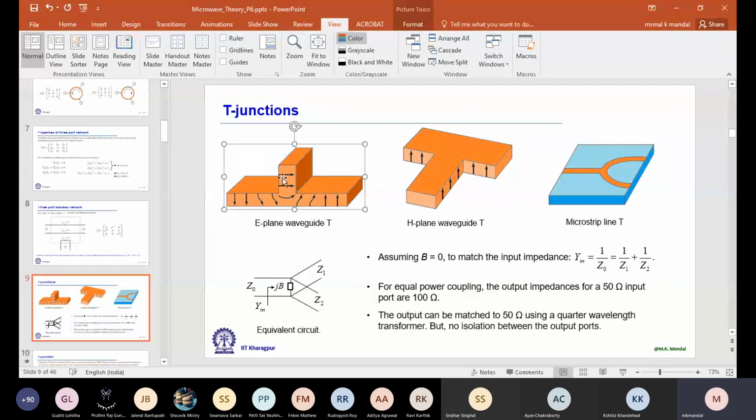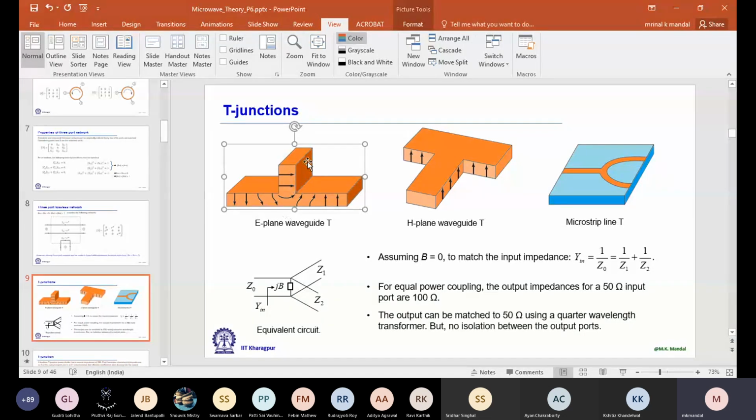Now, if I follow the electric field for TE10 mode, we have an issue at the junction. So to maintain the continuity of electric field, you see for the left hand side and right hand side, if I look at the electric field carefully, their directions are opposite. This is to maintain the continuity of electric field at the junction. And if that is the situation, then if I consider port 2 and port 3, which is the leftmost port and rightmost port as the output ports, then we have 180-degree phase difference. They are out of phase.